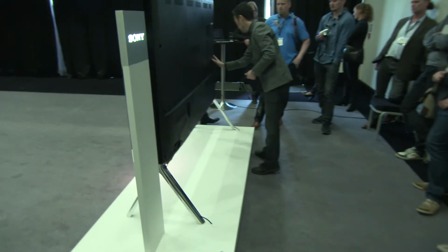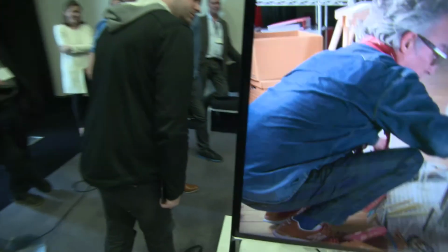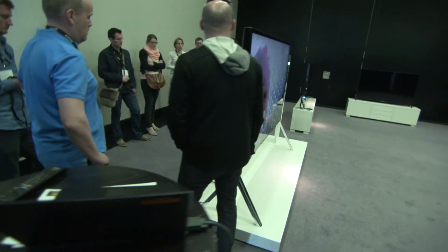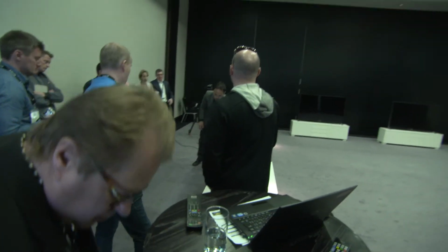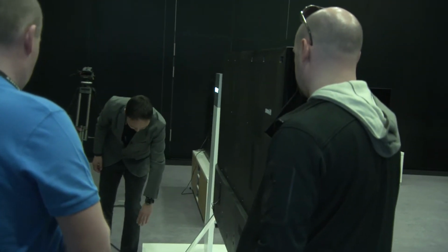so people don't need to have a lot of cables hanging down from the front and can totally concentrate on the picture, to enjoy the picture quality. On the other side, it comes the AC cable. Also same as the right side. The cable runs through